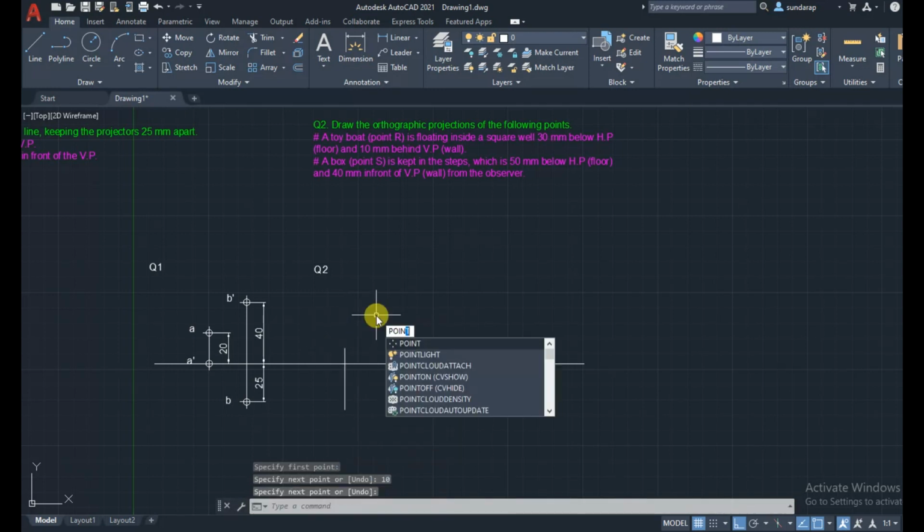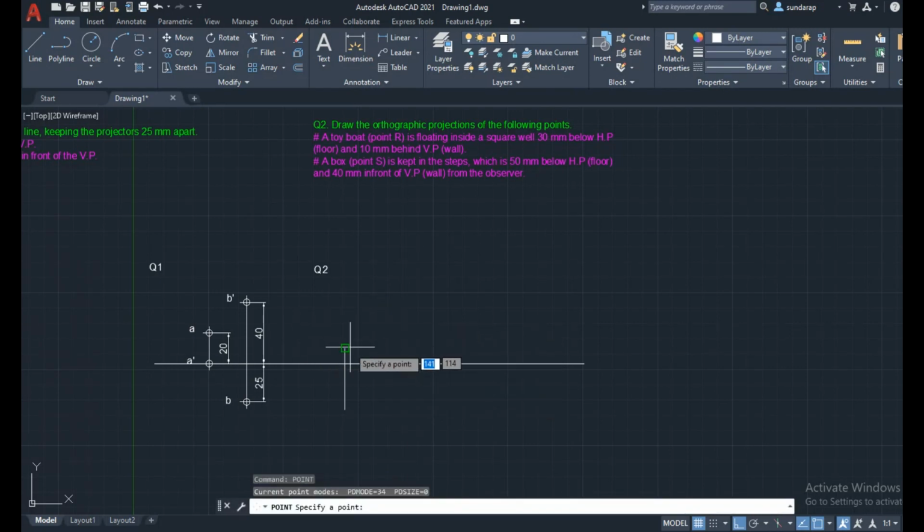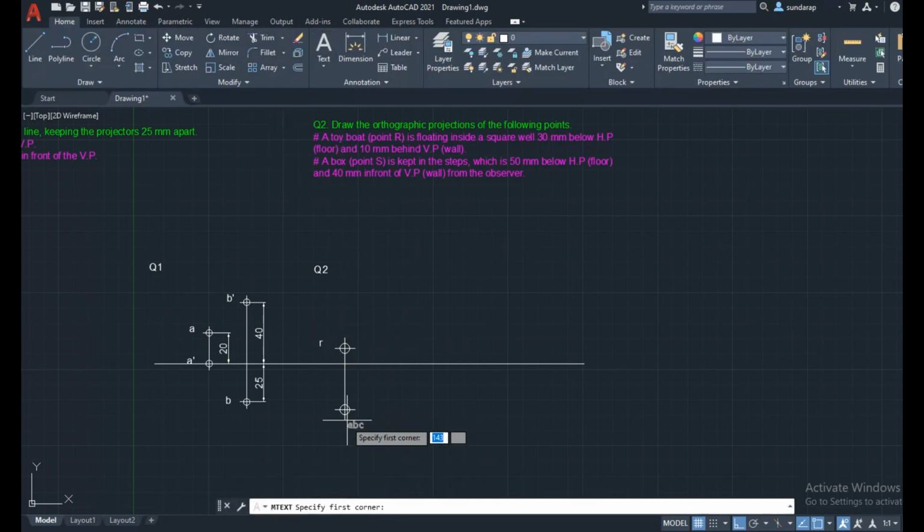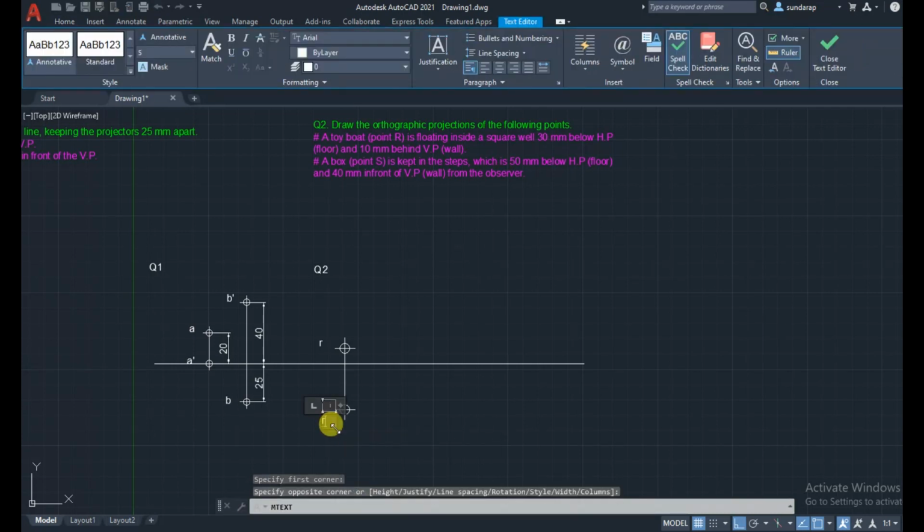So use the point command. Point R as a top view, and here point R as a front view, R with a dash.